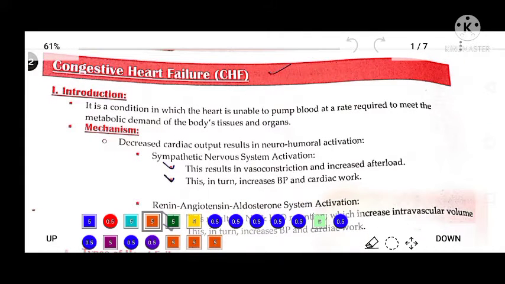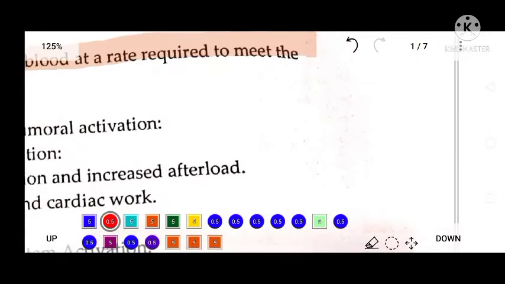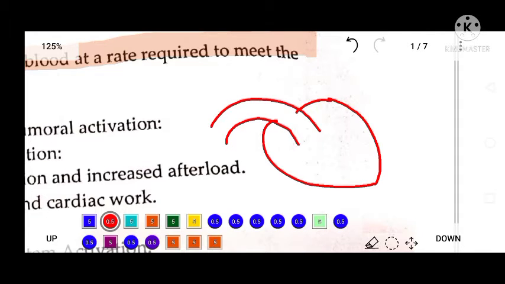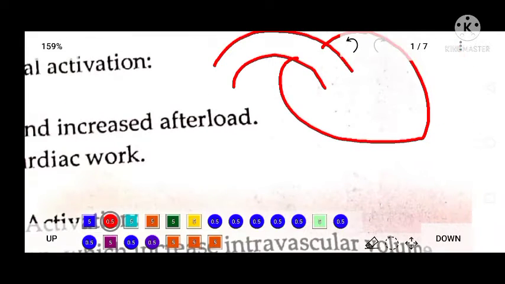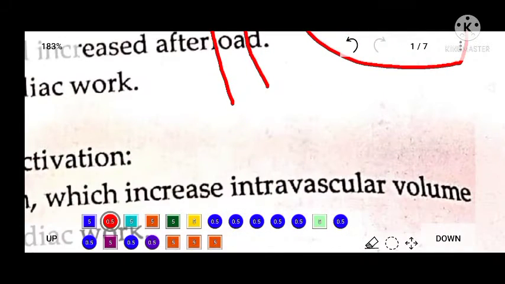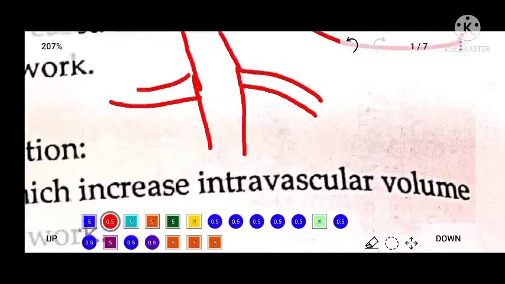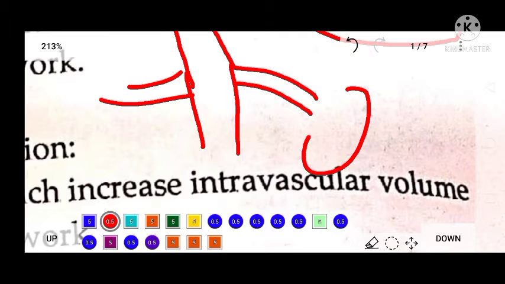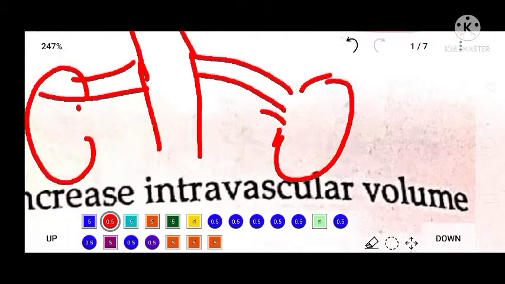Congestive heart failure is a condition in which the heart is unable to pump blood at the required rate. Now, what happens when the heart is unable to pump the blood? Then certain conditions arise, like when from the left heart the aorta arises and supplies blood to multiple organs. And the most prominent and important effect of congestive heart failure will be activation of